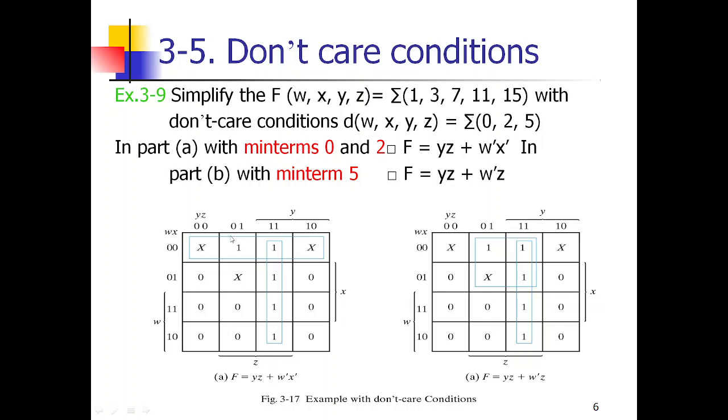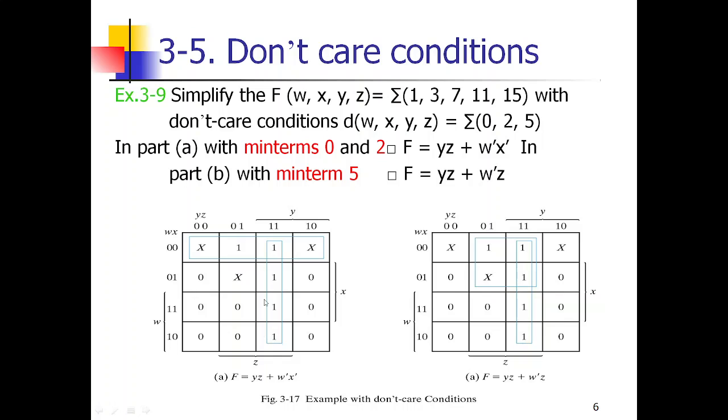Okay, so in such a way we have to include the don't care conditions whenever it is necessary, in order to minimize the number of input variables and the number of components of the circuit. Whenever the don't care is necessary, we can include that. So which are the don't care min terms we are considering here? 0 and 2. Okay, 0 and 2 is considered here, so that we can make a quad possibility.